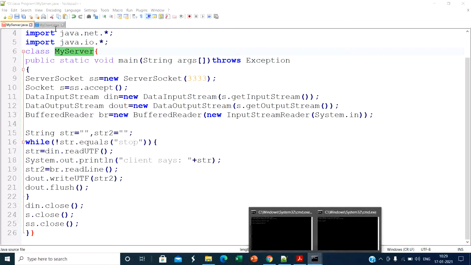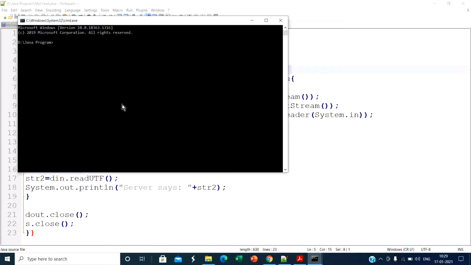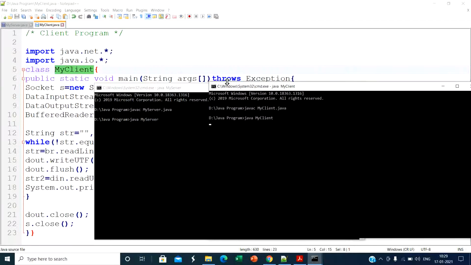In the second command prompt, run the client side program. So javac space file name dot java, then the next command java space file name. So both programs are running successfully.